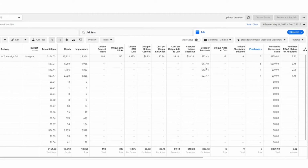But what it'll allow me to do, and I can't show you the images on the left side here because I'm still running this product, is see that this image up here, this top one, did a 3.45 ROAS compared to a 2.98 on this one below here, and then the last one did a 1.46. So everything else below is going to be different images that I was using, and it didn't spend as much money on it. So it definitely spent the bulk of the money where the highest ROAS was,